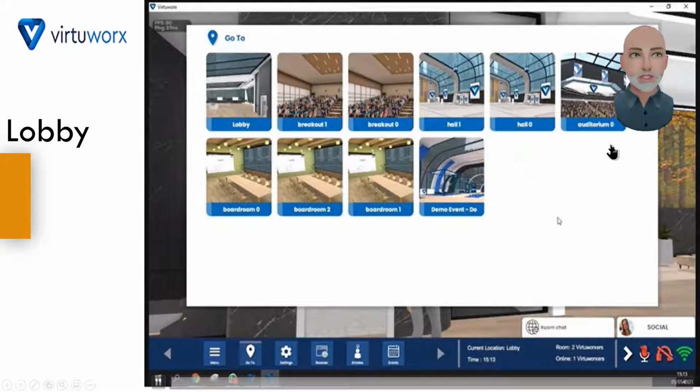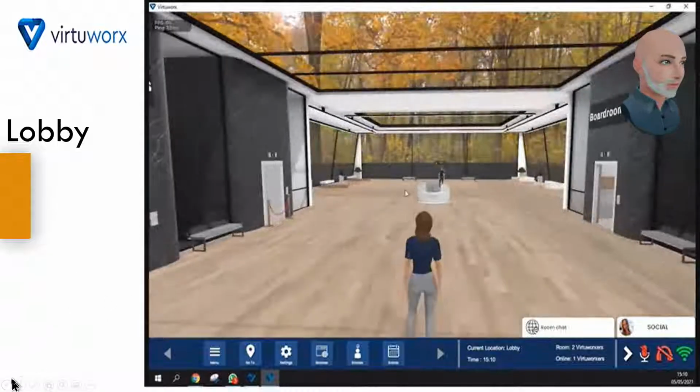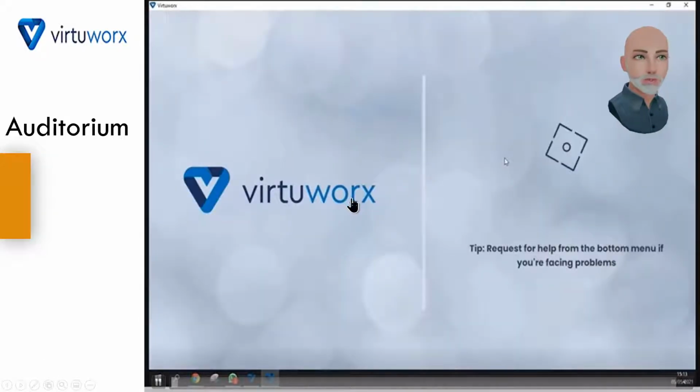Clicking the go to and then picking the location is typically the easiest. But again, depending on your desire to be immersive, running your avatar into the appropriate elevator and deciding where you want to go might be the way you want to play it. And so let's say we're going to go to the auditorium. Let's go ahead and go there. So if we were to go into auditorium, we would